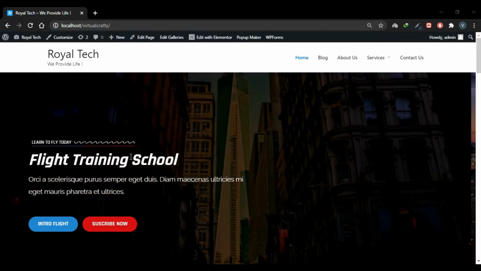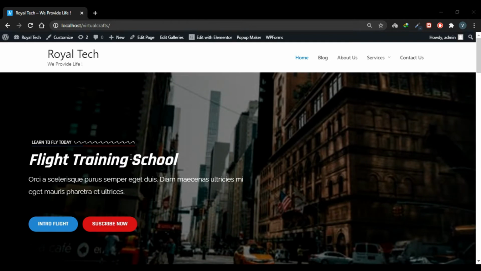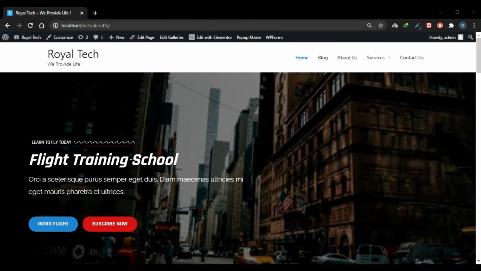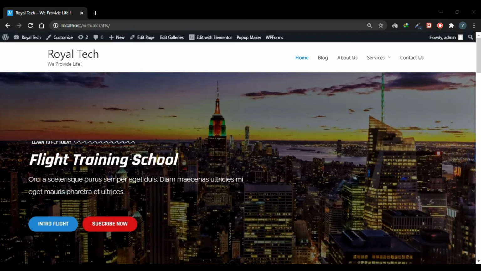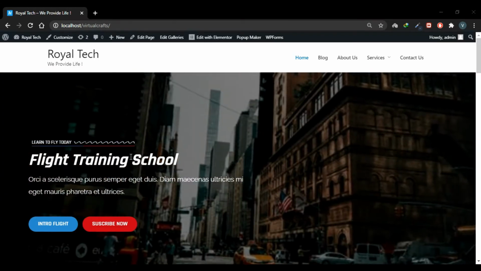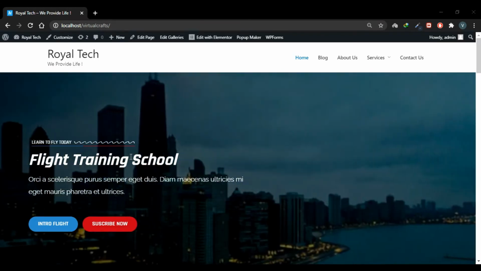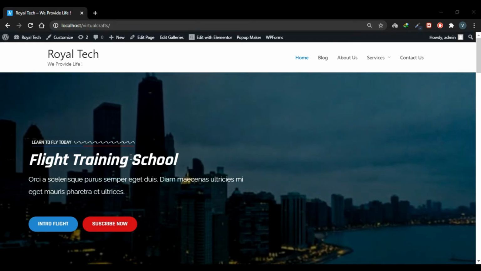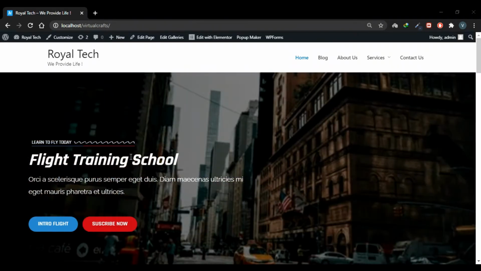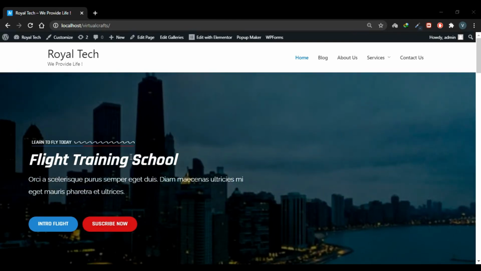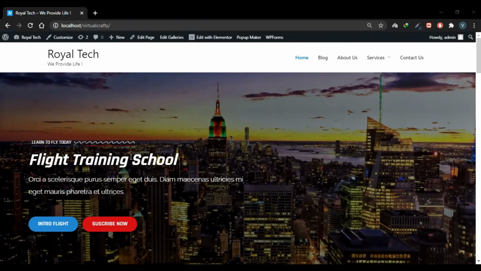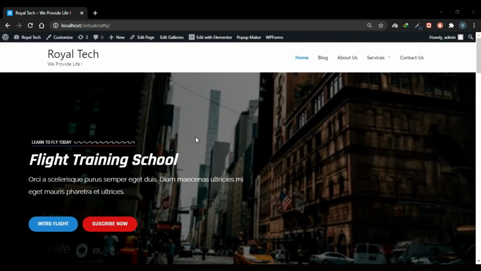And why do we need the maintenance page? Maintenance pages are used when we already have a website and we are currently making some changes to our website. Then we display a maintenance page that when anyone searches for our domain name, he'll be redirected to that maintenance page that we are currently making some changes to our website. And we specify a timer that after this specified interval, we'll be ready with our changes and we'll be live again. So that's what we'll see in detail in this video.